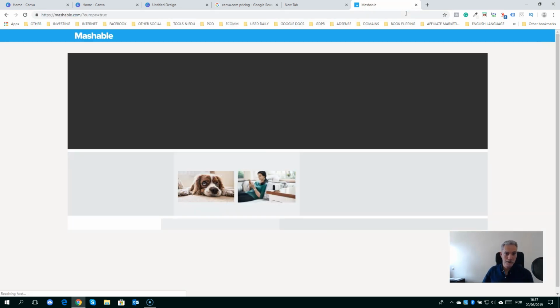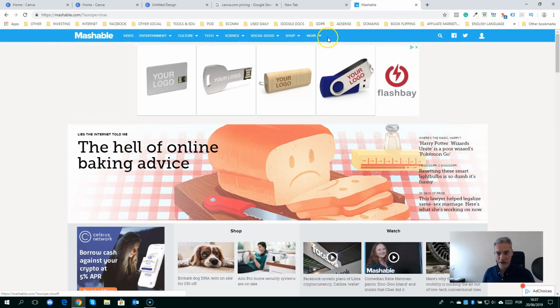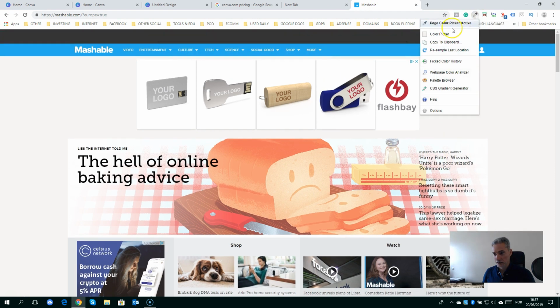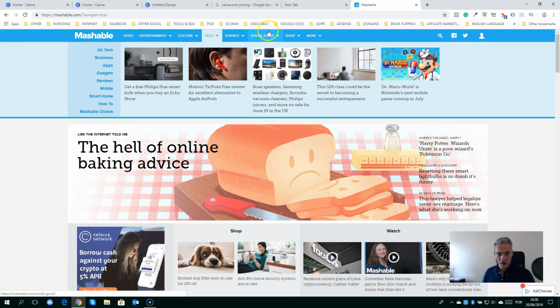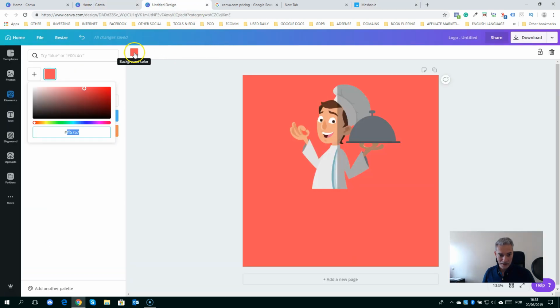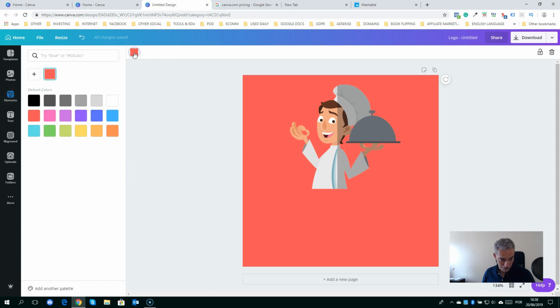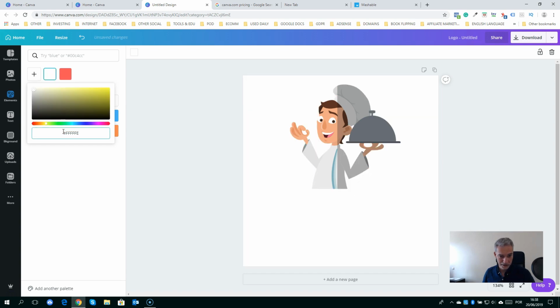So, for instance, let's suppose that I was doing a logo for this website, and I have here this blue header. Okay, so I just click here. I click on the first option, and I click here, and then it says the color was copied. Okay, so I just come back here to my design. I click on the color. I click on the plus sign, and then I go down here and I paste the exact color that I have. Okay,